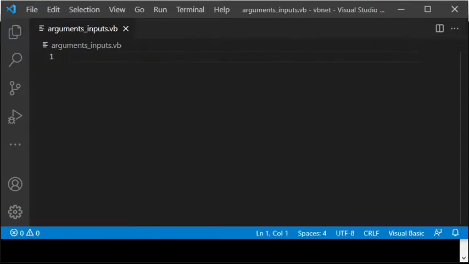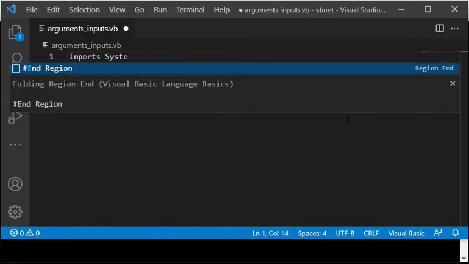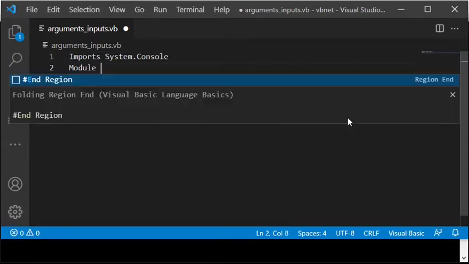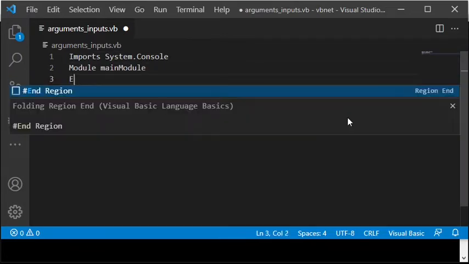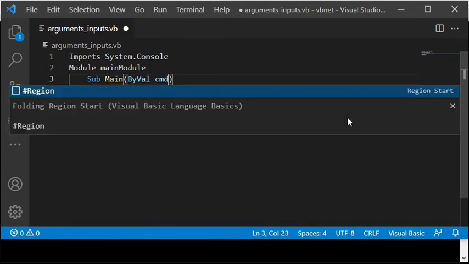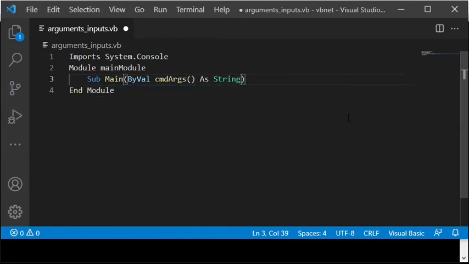The purpose of importing System.Console is to avoid typing Console before Write or WriteLine or ReadLine, which I will soon use below. Now I create a Visual Basic module that I choose to call MainModule. In that module, I create a so-called main procedure with a string array as an argument. Here I implement it as a sub-procedure that does not return anything, but you can also implement the main procedure as a function that returns an integer.